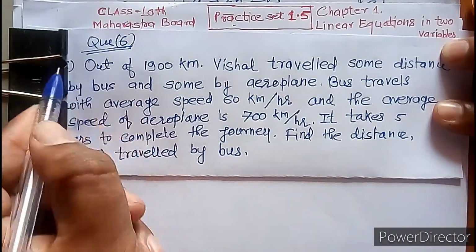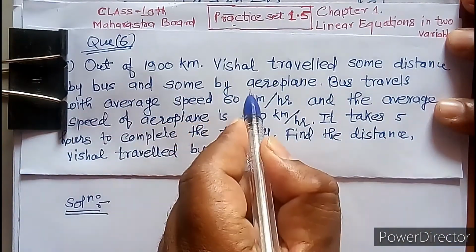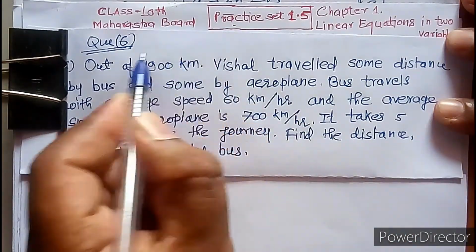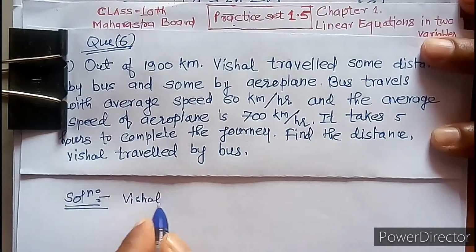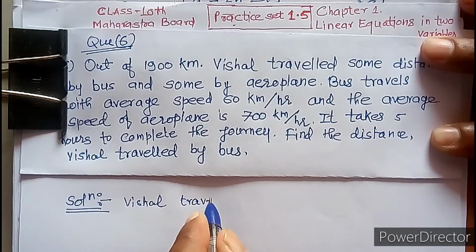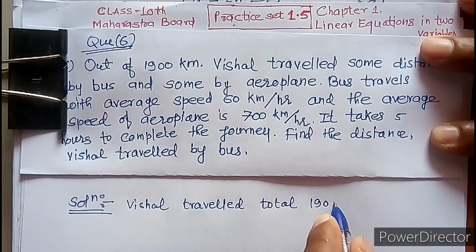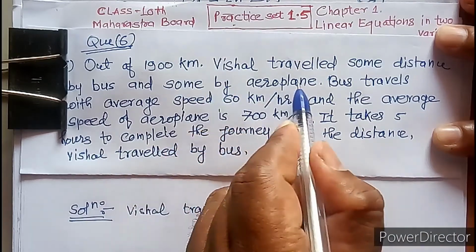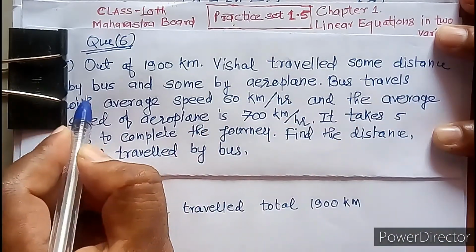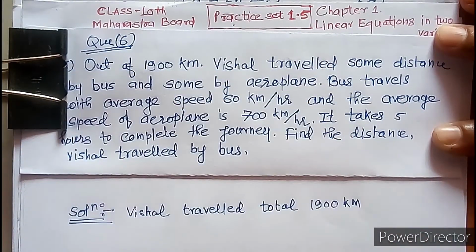Now the question is, out of 1900 kilometers, we shall travel some distance by bus and some by aeroplane. Means we shall travel 1900 kilometers total journey. Write down, we shall travel total 1900 kilometers. We shall travel some distance by bus and some by aeroplane. We don't know how many kilometers he traveled by bus and how many kilometers he traveled by aeroplane. That's why we are assuming, let we shall